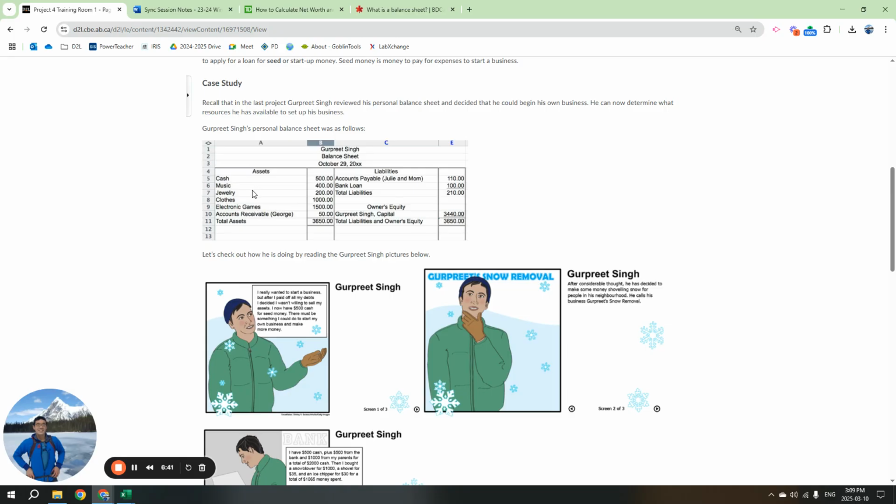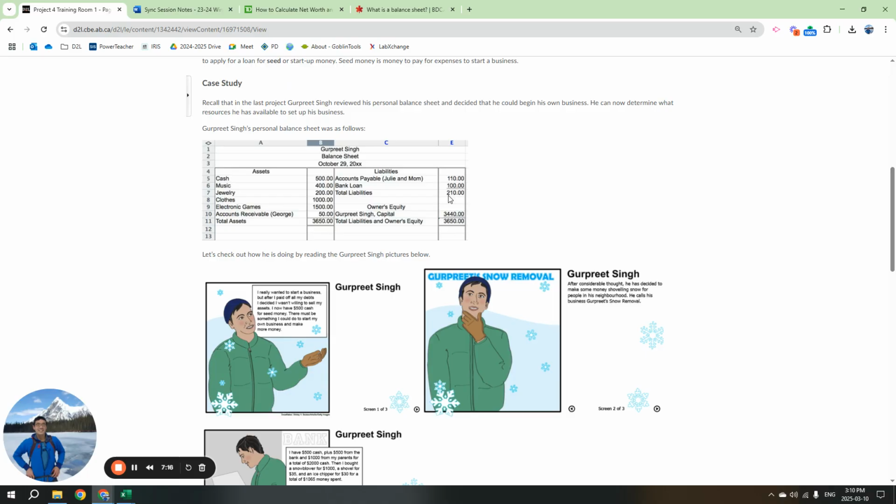So he has cash, music, jewelry, clothes, and electronics. And then George owes him some money. So it's considered accounts receivable, right? Accounts receivable is considered an asset because someone has to pay you that amount. For his liability, though, he owes his parents and his relative, Julian's mom, $110. He owes a bank $100. So his total liability is